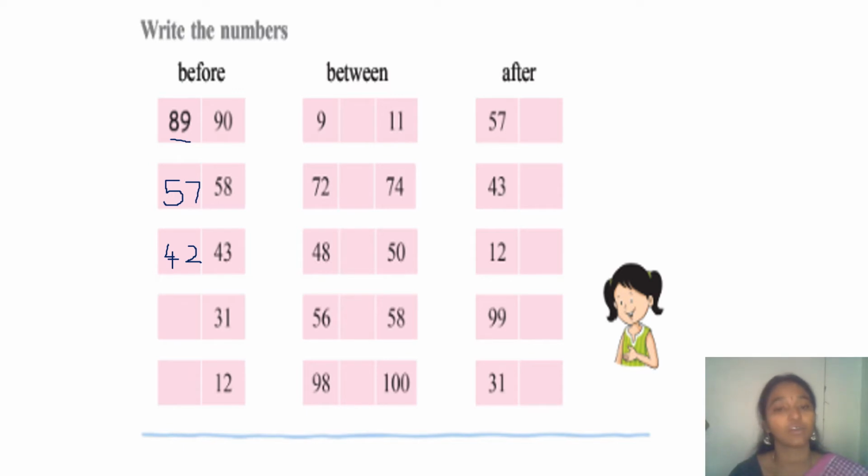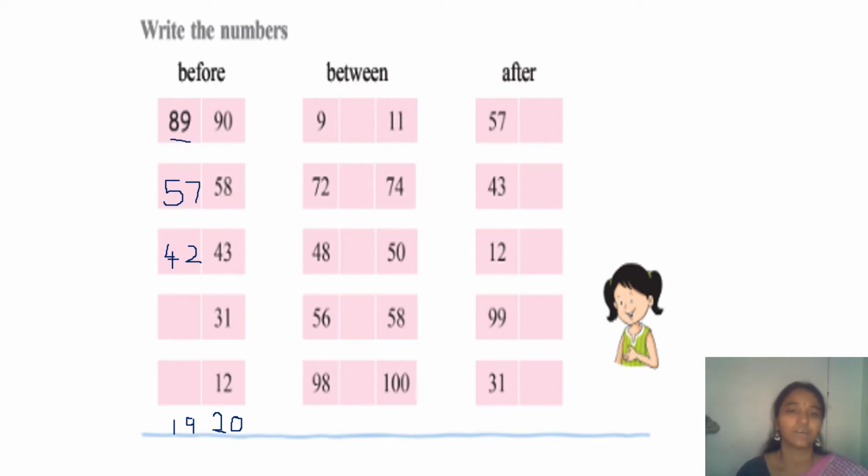Now this is all okay, but what happens if I write here 20? Then what will come? Because it is 0, you should count from tens. The before number is 9, right? So I am writing 9. Should I write 29 over here? The number before 20 is 29. No, because we are taking here 10. You should take 1 from here, and this will become 19.